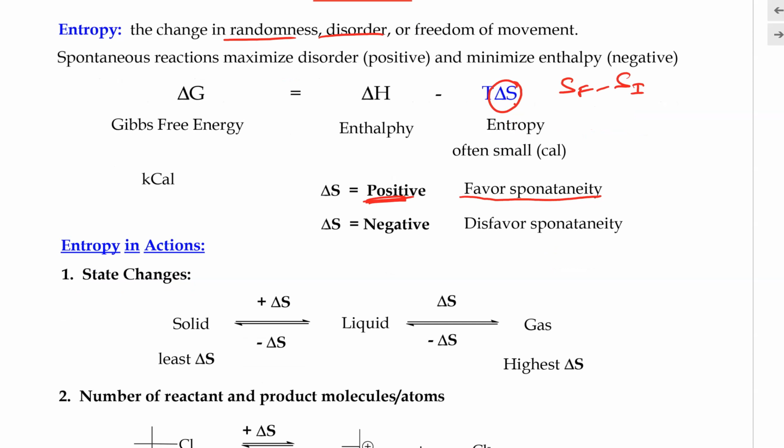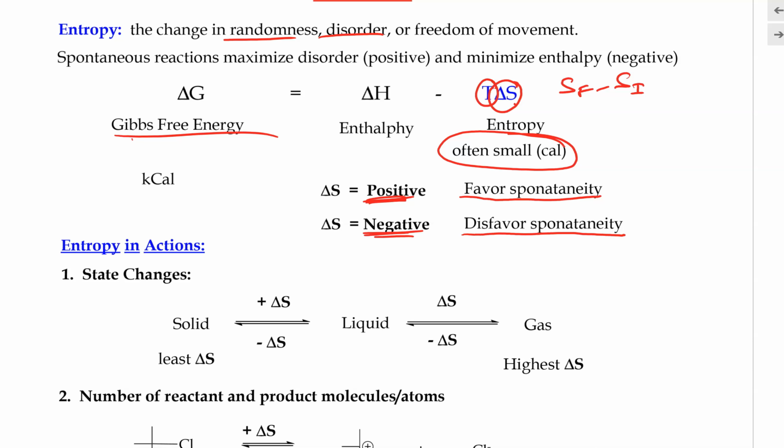Versus when the delta S is a negative term, it basically means that the product has less disorderliness compared to the reactant. And that is when it disfavors spontaneity of the reaction. And one thing to also point out is this term, delta S, a lot of times it is a very small term compared to the entire delta G. So yes, it can affect delta G and the reaction spontaneity. However, it has a small effect. But we can see here that it's been applied